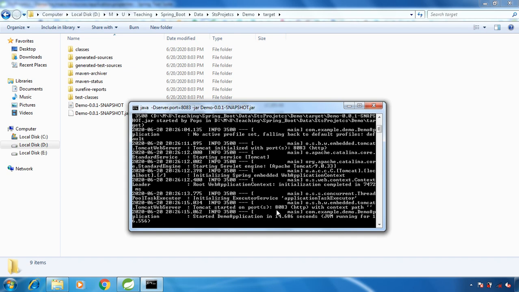See, our application is running on port 8083. Basically, it has taken the value from the VM argument that we provided while running our Spring Boot application using the jar file. So these are the two ways: one using the application.properties file, and second using a VM argument. You can use one of these two options. This is how you can change the port on which your Spring Boot application will run.